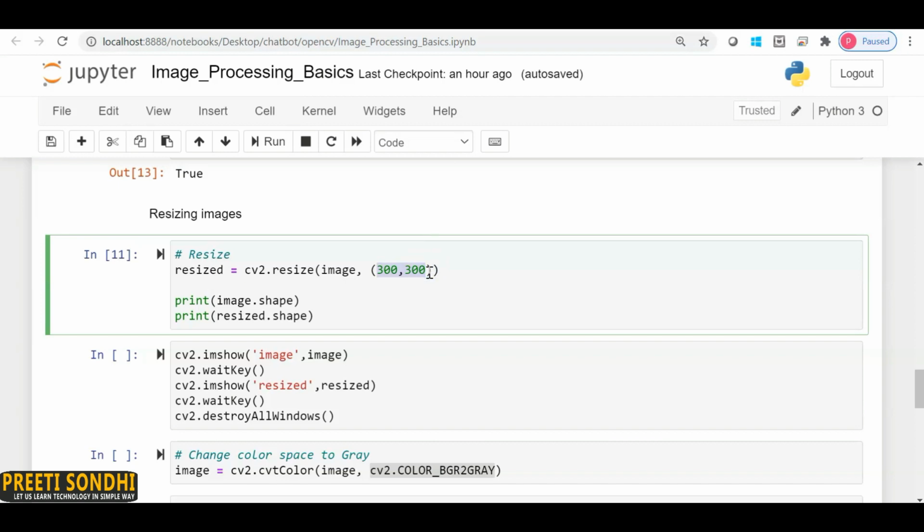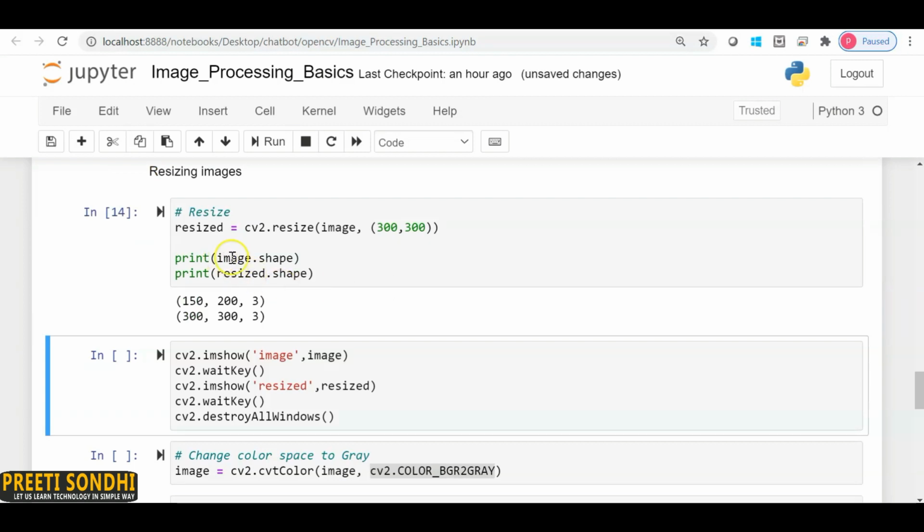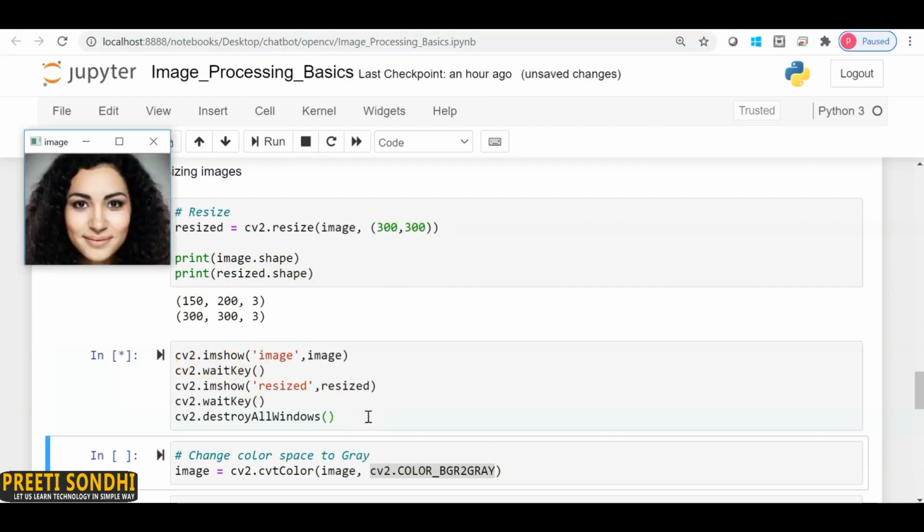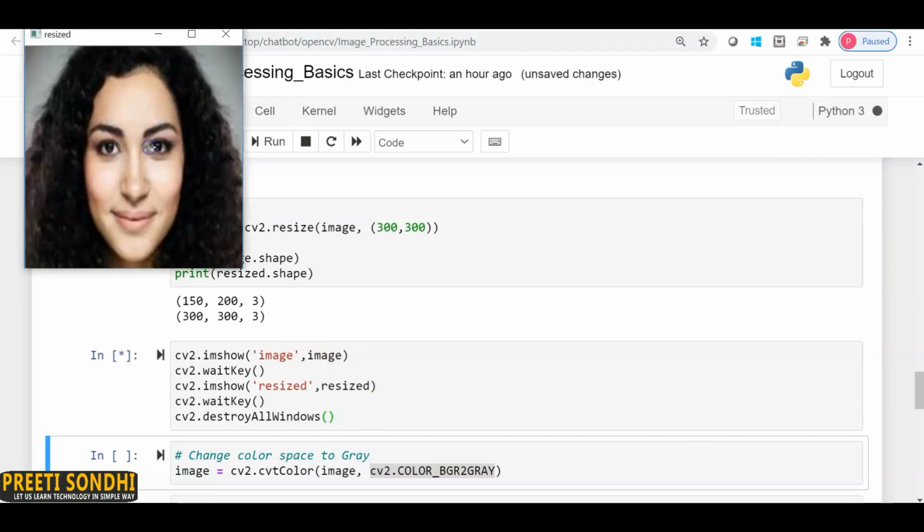So let's say I want 300 columns and 300 rows, meaning this is the width and the height I want of my image. If I see here, my image shape is 150 by 200, but I have converted it into 300 by 300. So let's just run this, and if I see, this is actually my original image and this is my resized image. You can see that my image size has been increased.